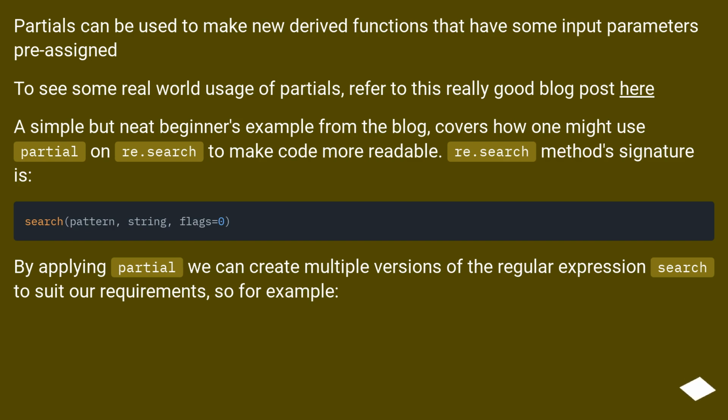A simple but neat beginner's example from the blog covers how one might use partial on re.search to make code more readable. The re.search method's signature is: by applying partial, we can create multiple versions of the regular expression search to suit our requirements. So for example,